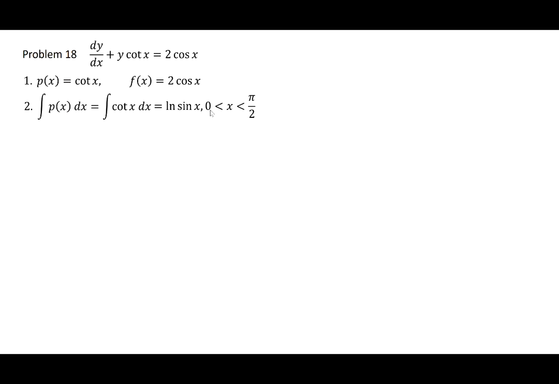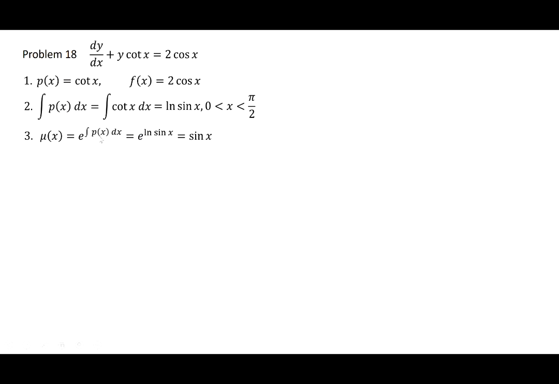And so we don't need the absolute value around sine x. Strictly speaking, we should say natural log of absolute value of sine x. But in view of the fact that sine x is positive on 0 to pi half, we can remove the absolute value sign. Then mu of x is e raised to integral of p of x dx,